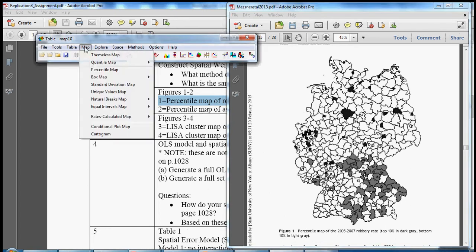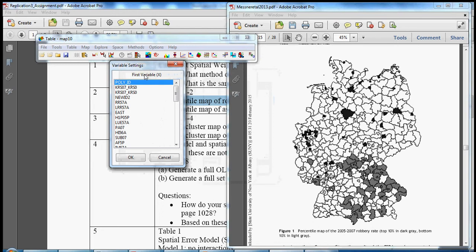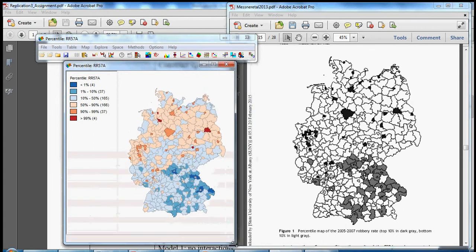if we go to Map, and Percentile Map is how we would create a percentile map, as we've done before with quantile maps or box maps. And then we want the robbery rates variable. We have two variables here, the raw robbery rates and logged robbery rates. We'll want to use the logged version of the variable in our regressions. But for now, let's use the raw rate. And so let's click on that and click OK. And this is our percentile map